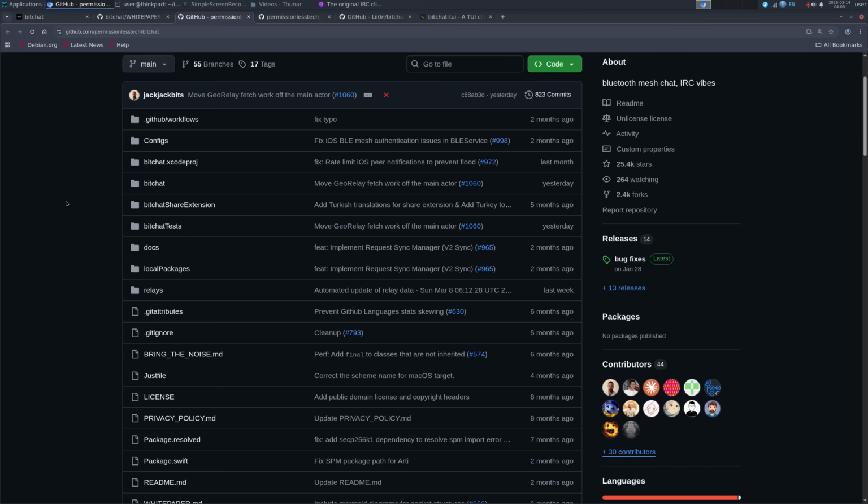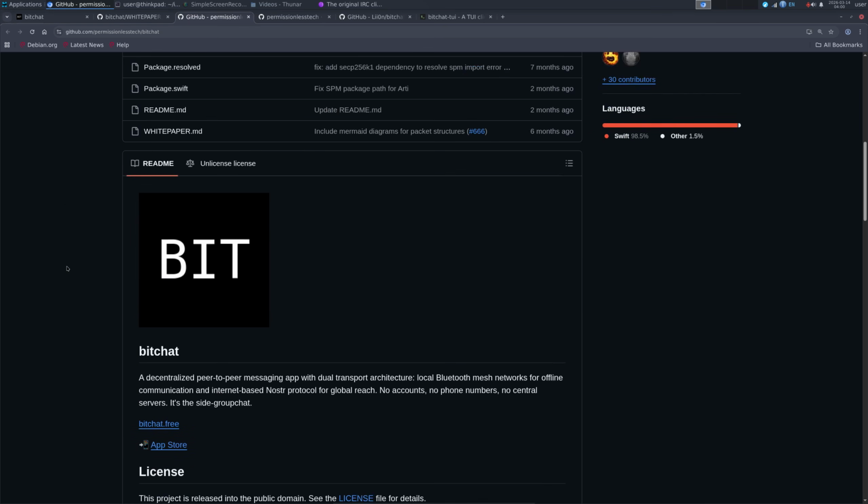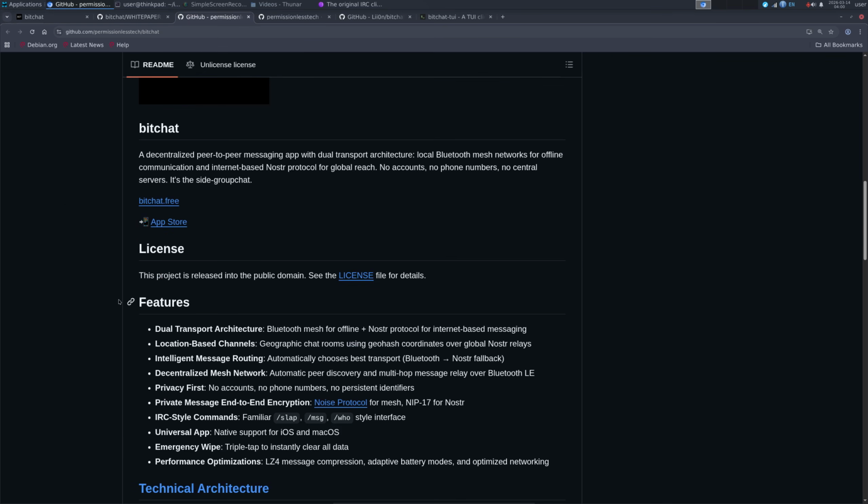This is something that reminded me of Briar, if you're familiar at all with Briar, which is also an option for Bluetooth to Bluetooth communication. Now what makes this interesting is it offers these features here. So you have Bluetooth mesh for offline and Nostr protocol for internet-based messaging. So you have the option to communicate both in a world where maybe you don't have internet connectivity or there's internet censorship, but since you have the Bluetooth mesh network capabilities with encrypted chats and everything like that, you will